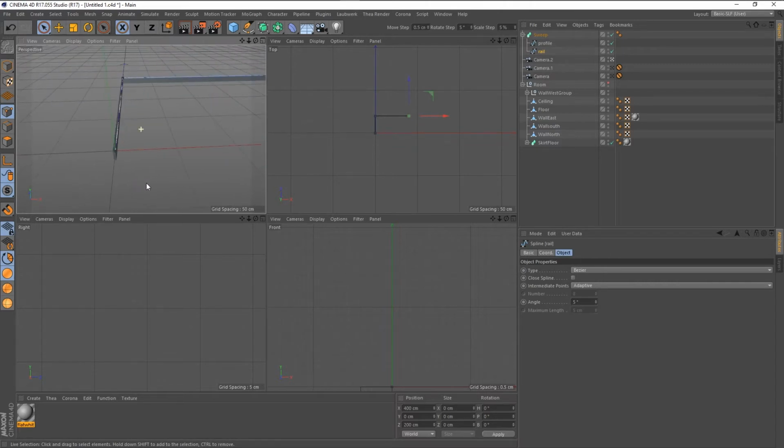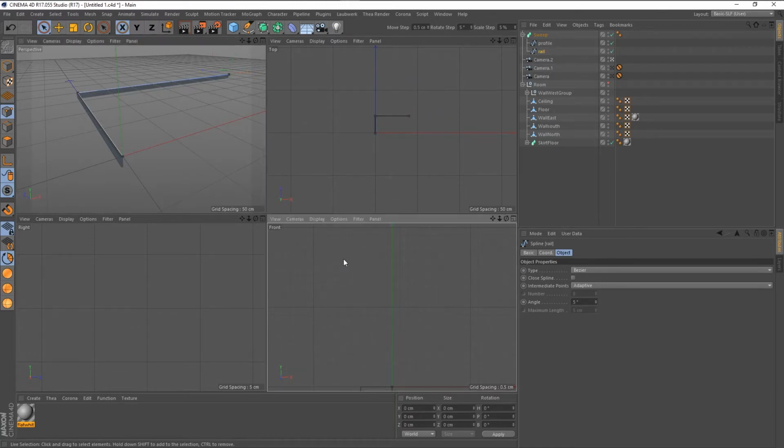Cinema 4D. I tell you what. There's my X positive. There's my Z positive. Z and X are positive. There's my Y going up. In the front view,